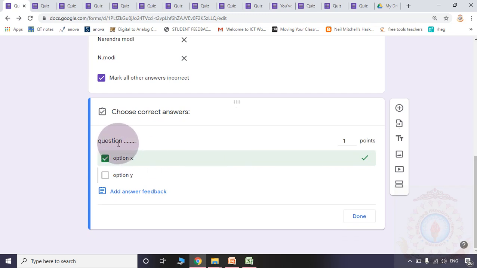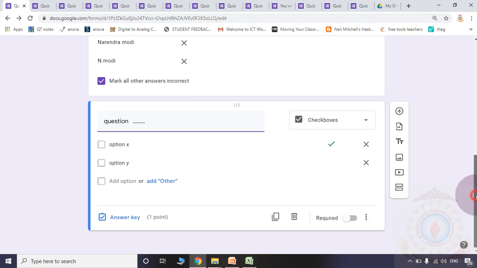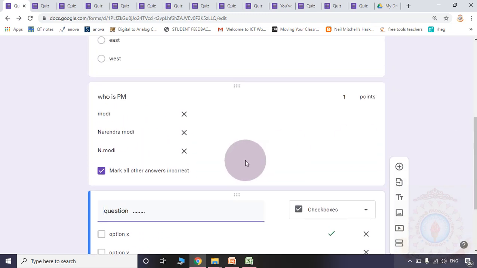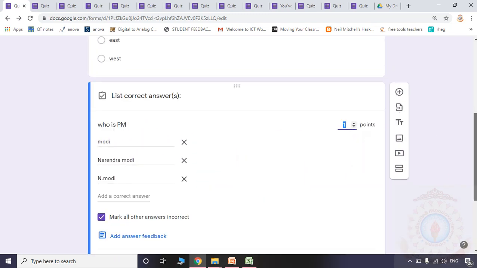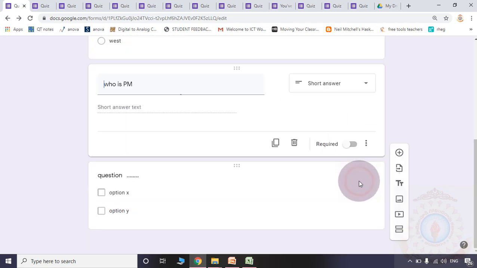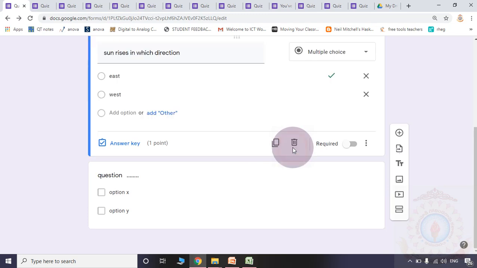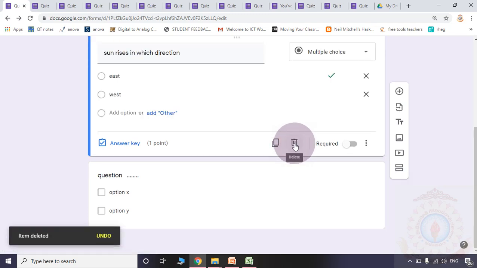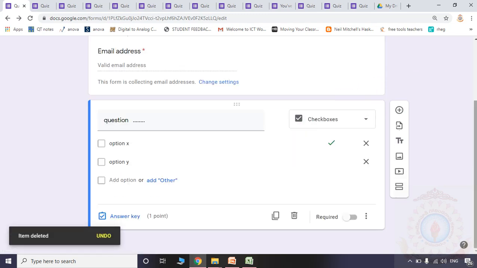Please observe here, in some questions I have given two different options, like option X, option Y. For option X, I have given 1 point. Now I am removing the previous questions purposefully, because I want to show the demo very quickly.